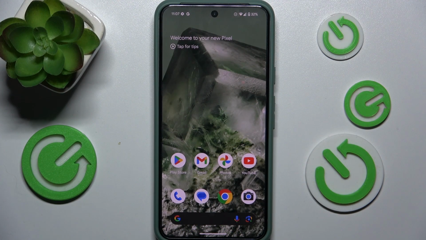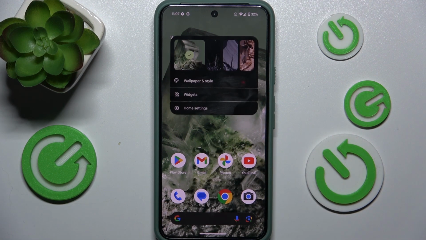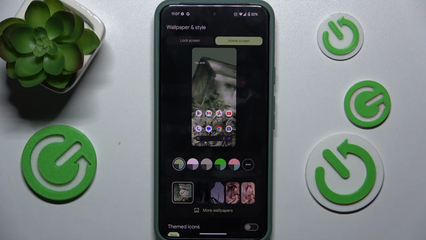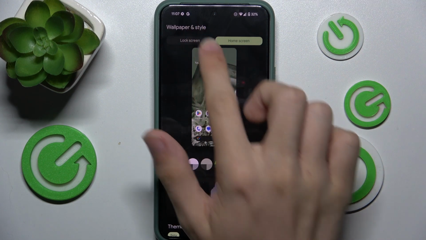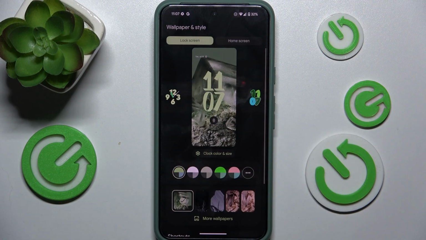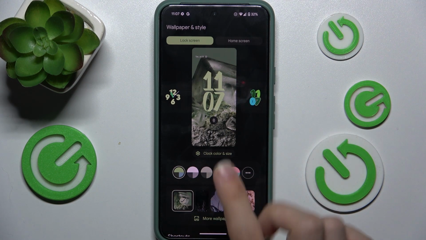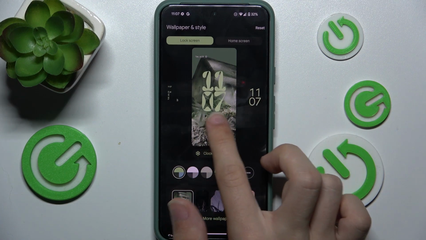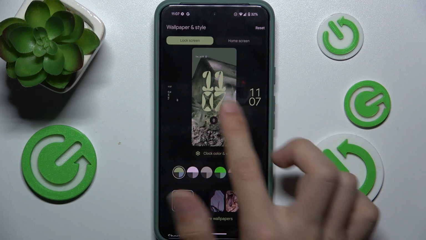To change the wallpaper on Android 15 beta, press and hold on your home screen, then click on Wallpaper and Style. Now you can select a wallpaper either for lock screen or for home screen. I'm gonna select a lock screen wallpaper, but before I select the wallpaper, I'm gonna choose a clock. I'm gonna select this clock,